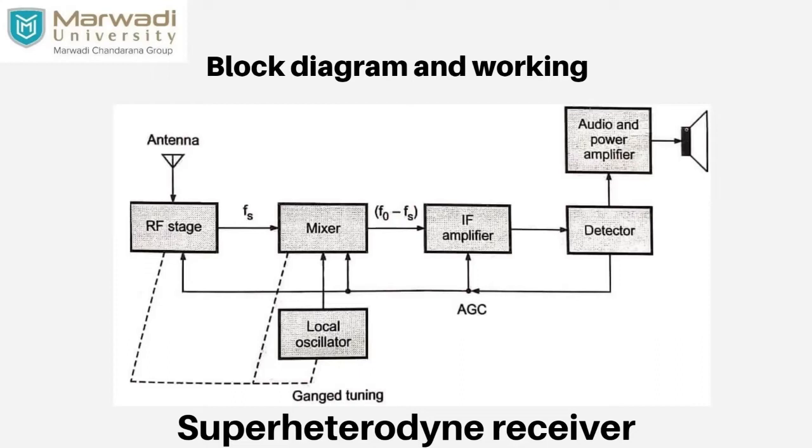So first the antenna will receive some frequency, then the RF amplifier allows only some frequencies, and the mixer will allow even fewer of those frequencies to pass. So the number of frequencies is decreasing after every level. And after that, the IF amplifier allows only that frequency whose value is